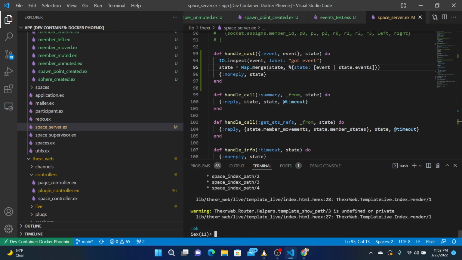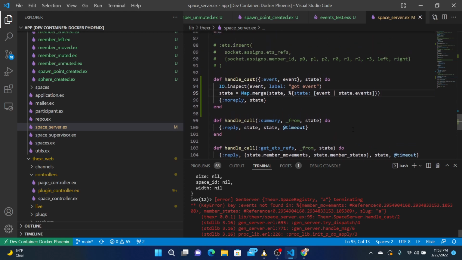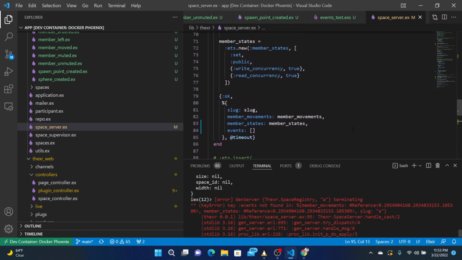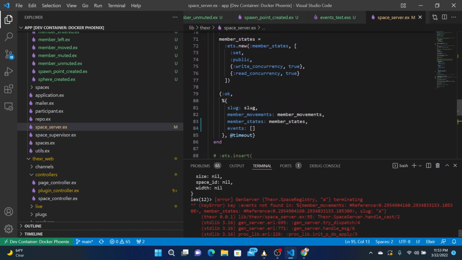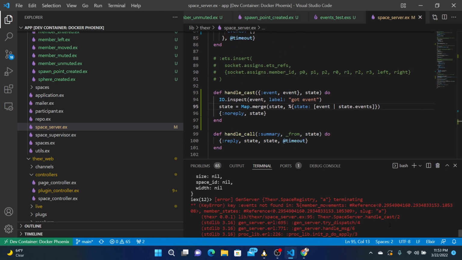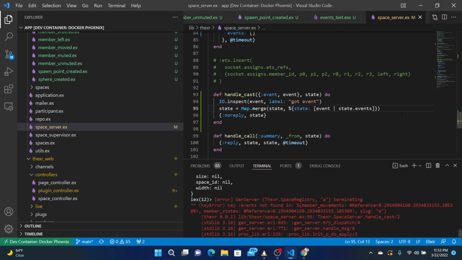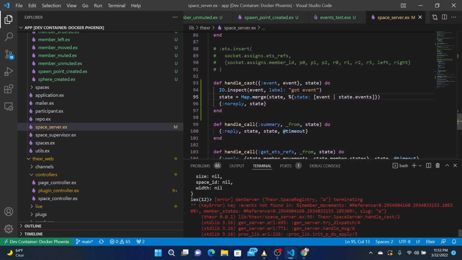Okay, so let's recompile. Do that. Oops. Key events not found in blah. Should be created right here. Events. Oh, sorry. It should be like this.